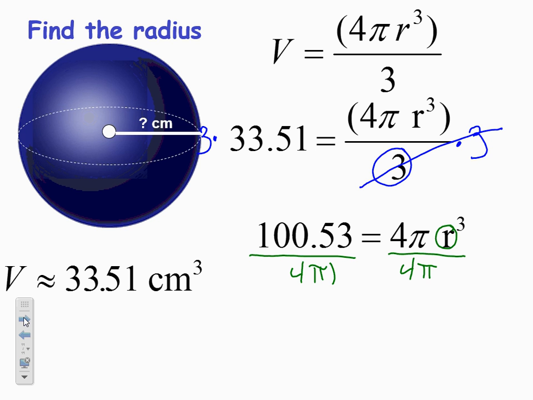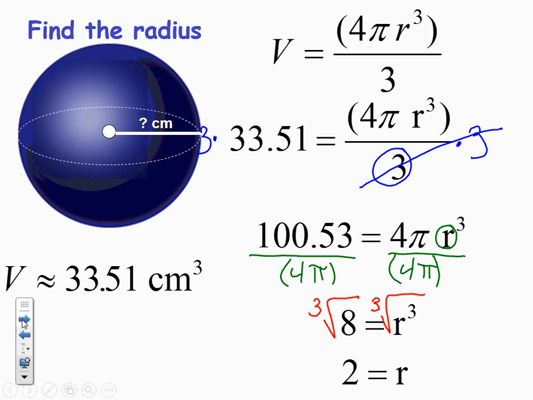Now remember, when we're dividing, we have to put it in parentheses, okay? Once I do that, I get that this equals 8 equals r cubed. To get r by itself, it's very similar to get rid of a square, but to get rid of a cube, we're going to take a cube root. Now, if you're not sure where the cube root is on your calculator, make sure you ask me, okay? Once we do that, we find that our radius equals 2. Better put a label on it,